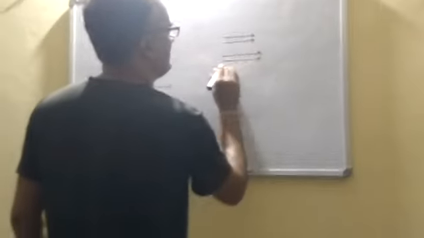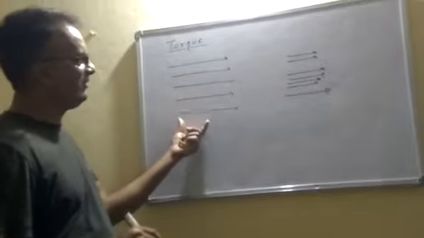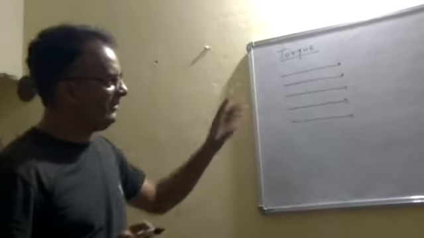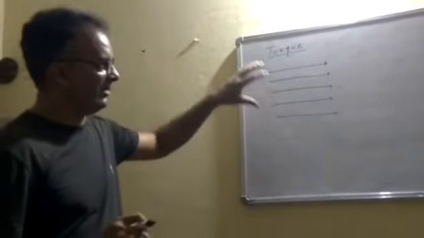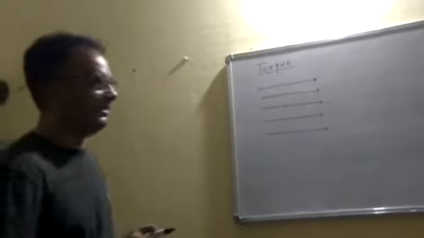And this is a non-uniform electric field. If the arrangement is like this, it is called non-uniform. You see the spacing between these electric field lines: in this they are equal, but here they are not equal. This is a uniform field and this is a non-uniform electric field. We will study the electric dipole placed in uniform as well as non-uniform electric field one by one. But first we will learn what the effect will be when this dipole is placed in the electric field.